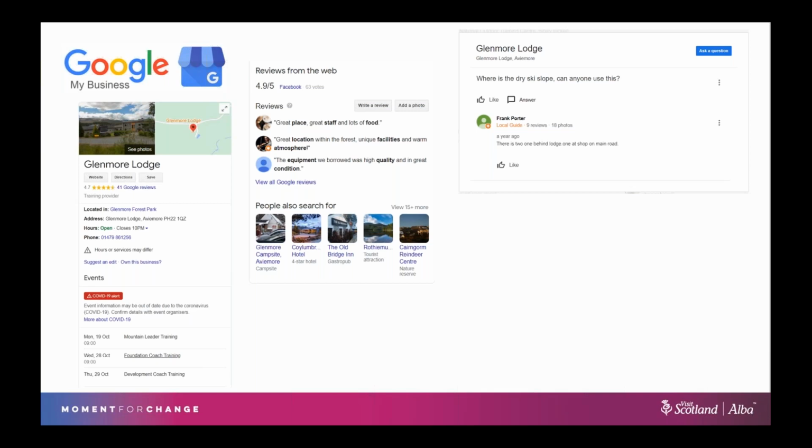And then create a post. Google Posts. Give information about what's new, perhaps something that you want to share with the local community, perhaps something you want to share with visitors, a blog piece, something along those lines. Offers can be placed here too as well. If your business has to